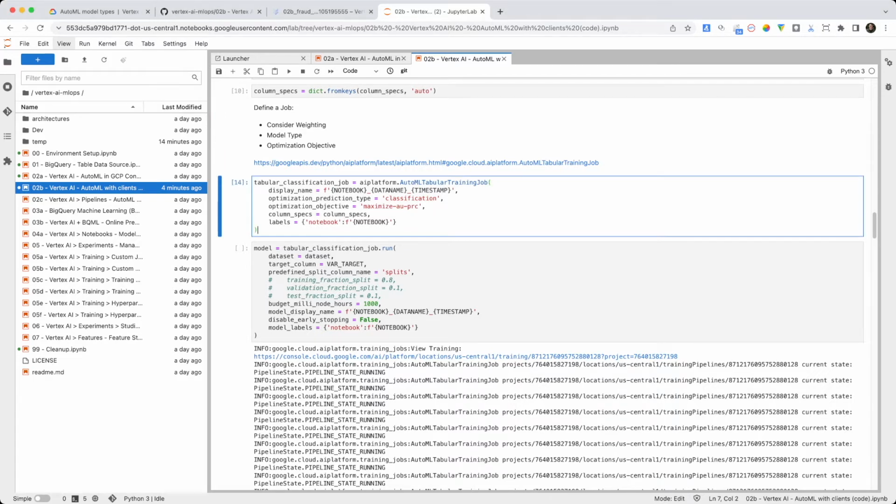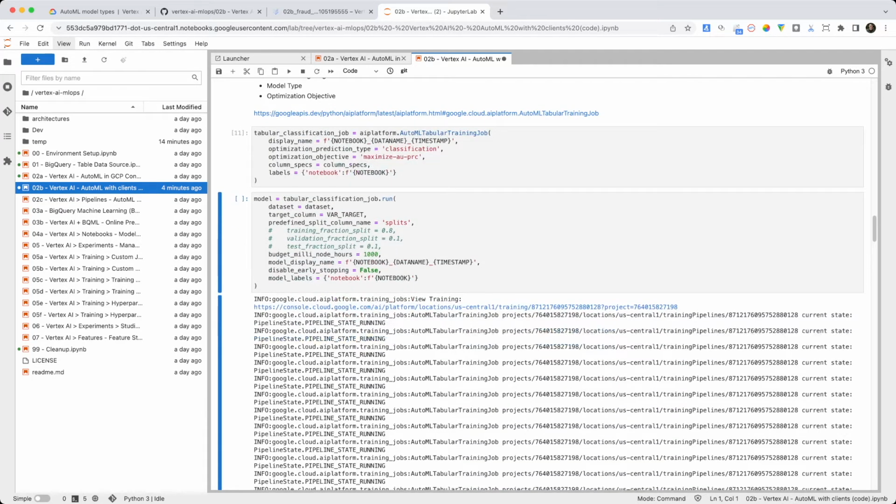Let's run that. That creates a job type. Now we need to run that job, and this is going to create a model as its result. To run that job, you give it the dataset. You give it the target column class. You give it, in our case, a predefined splits column that has our split of testing, training, and validating. If we didn't, with these commented out rows, we could tell it to do an 80-10-10. We kind of did an 80-10-10, but we have it fixed in our data,